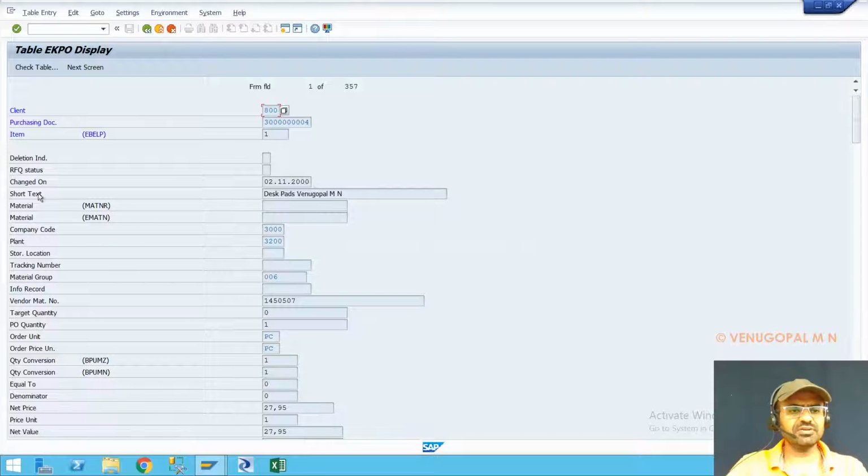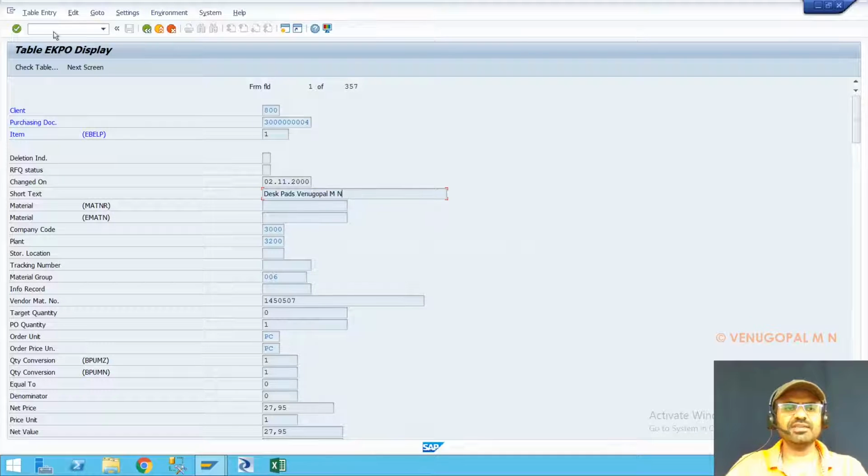Now assume that you may have to change the short text. Maybe you wanted to change this particular short text. See, there is no edit option. Even if you go under edit also, there is a cancel button. There is no option to edit because it is a standard table and you are not supposed to do edit or anything like that. So how can I edit this particular column value is the question.